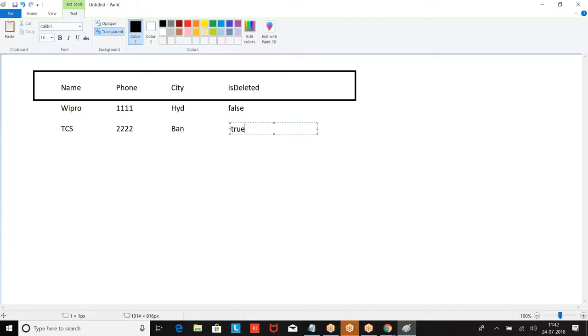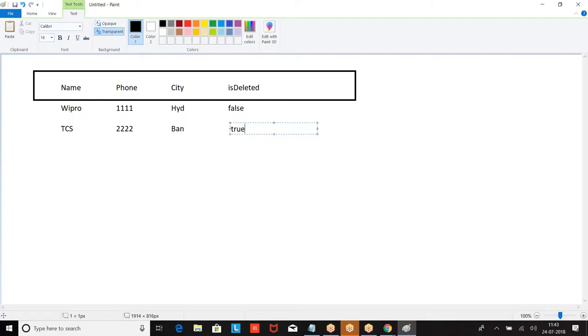When you delete the record, it will not be deleted from the database. Still the record is in the database for the next 15 days. Whenever a record is deleted, that record will still be in the database for the next 15 days. During those 15 days, how do you know that record is deleted?